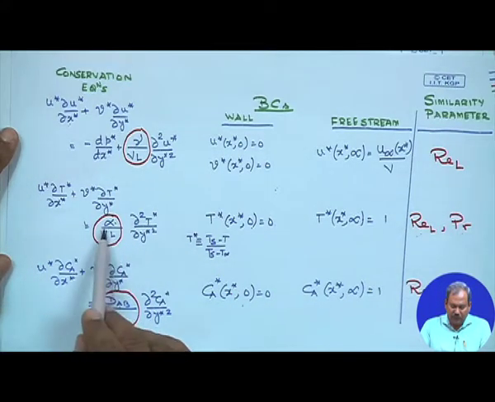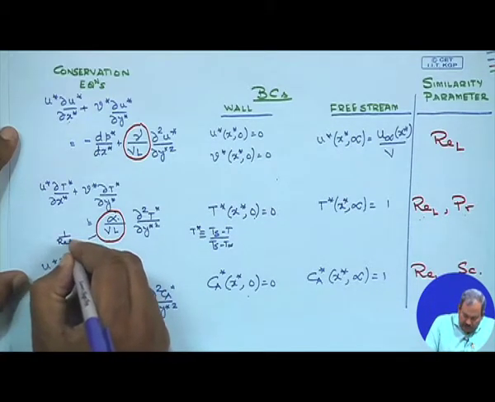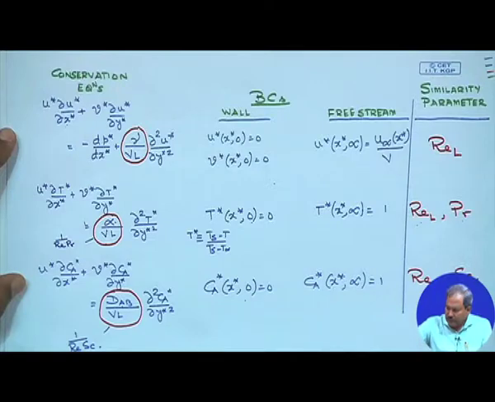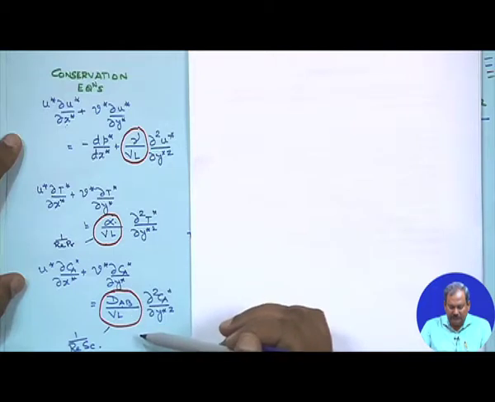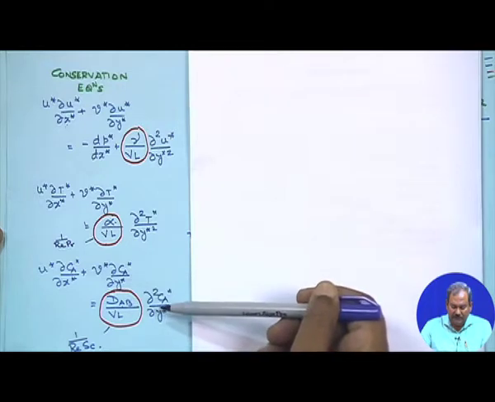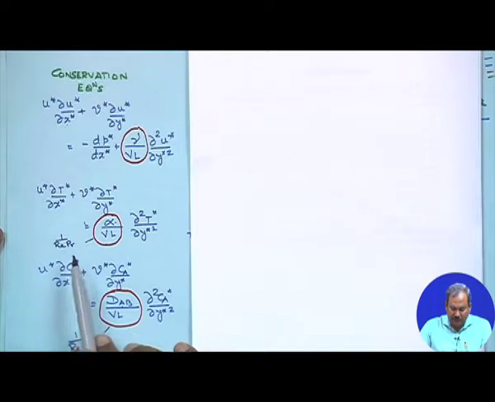In this I have 1 by Reynolds times Prandtl. In here I have 1 by Reynolds times Schmidt. So, this is nothing but 1 by Reynolds times Prandtl number. This is 1 by Reynolds times Schmidt number. So, forgetting about this part, if I only consider these three cases, then I can say that these three equations will be similar only when the Prandtl number is equal to 1 and Schmidt number is equal to 1, and